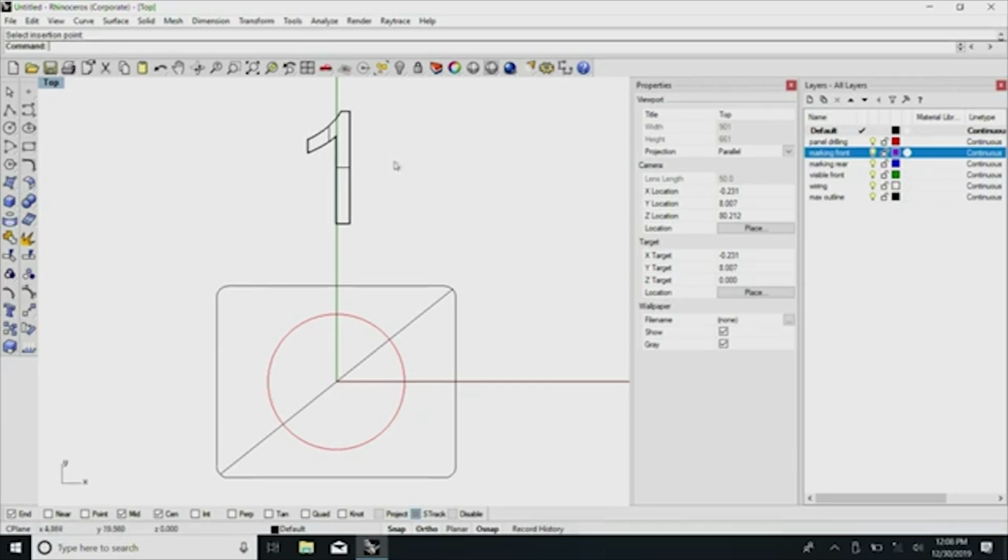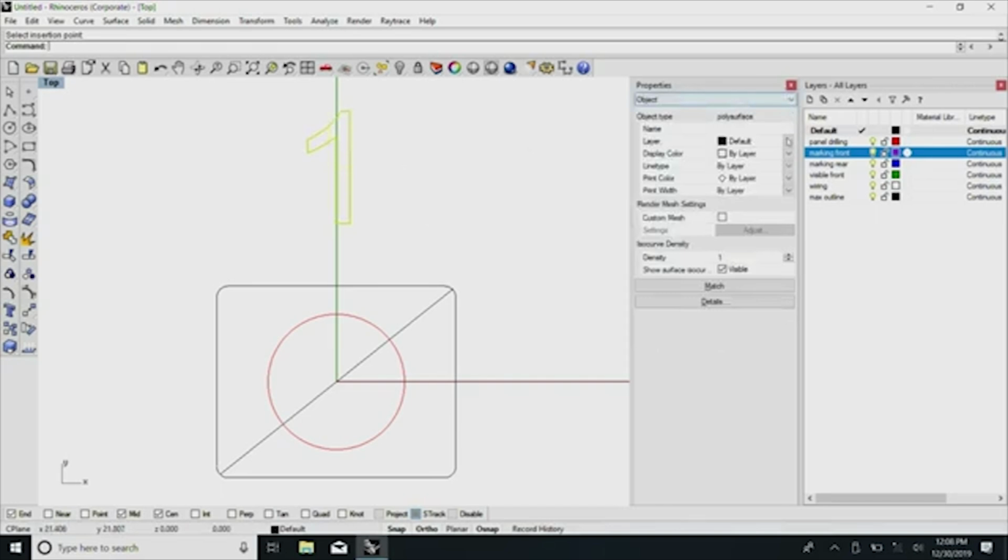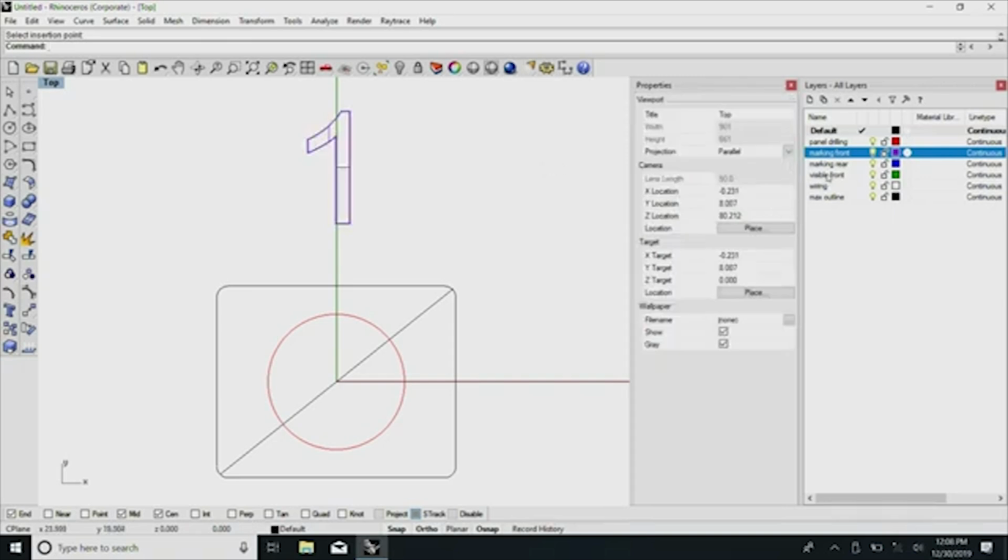This I can now change as before to the front marking. Then I come to visible front. In this case I need to make a slightly complicated thing, but just for starting, allow me to